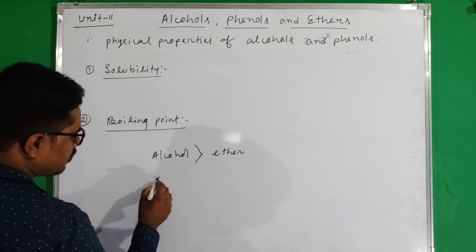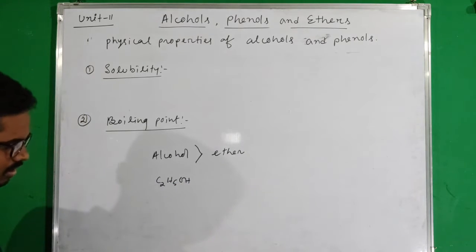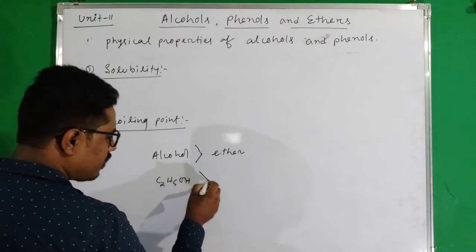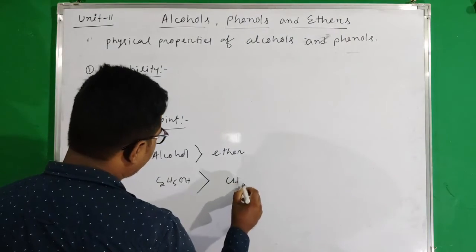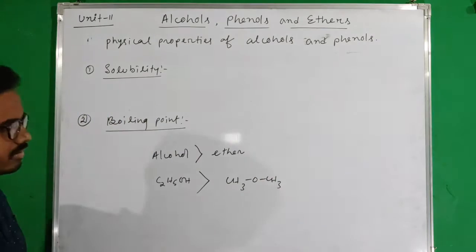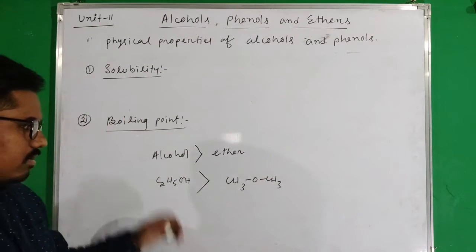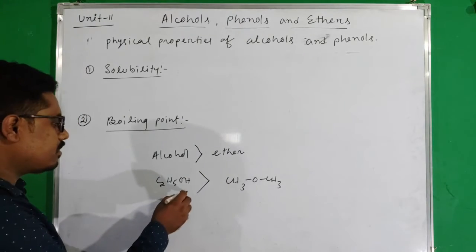Suppose we are considering C2H5OH ethanol, and then the boiling point of ethanol is always higher than methoxymethane. This one is ether and this one is alcohol, and the result is due to formation of intermolecular hydrogen